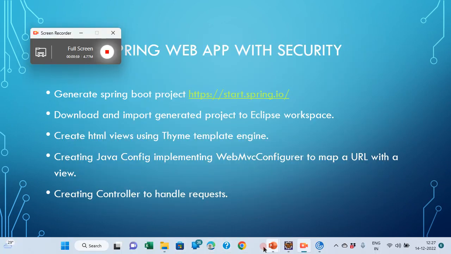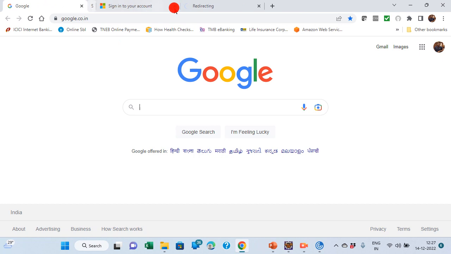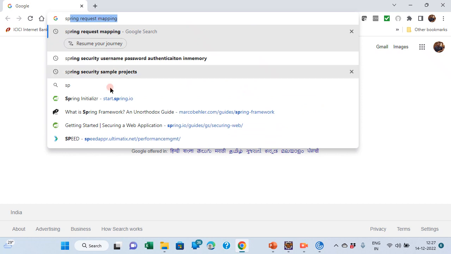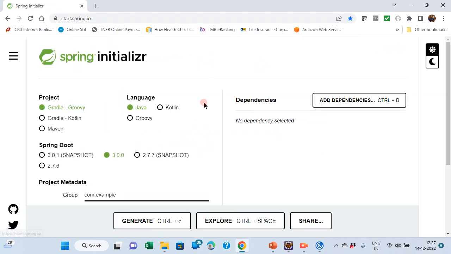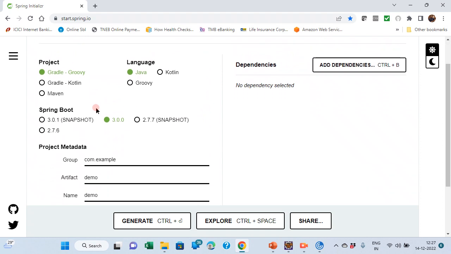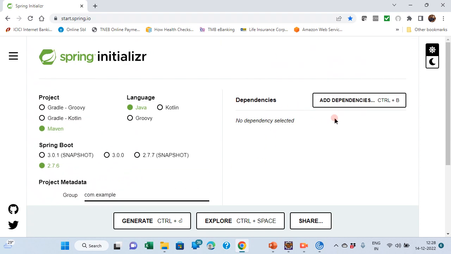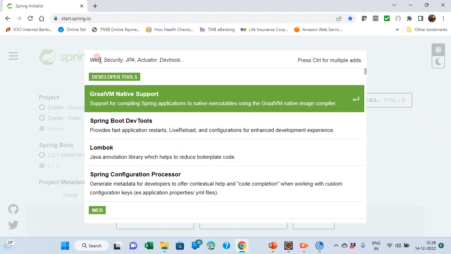As a first step, we need to generate a Spring Boot project with the required dependencies. According to the build tool you are going to use, select either Maven or Gradle. I'm going to use the Maven build tool, hence I have selected Maven, language Java, and I prefer using Spring Boot 2.7.6 version, hence I have selected that. Give the group name, the artifact name and the project name, and in the dependency section we are going to add dependency number 1,